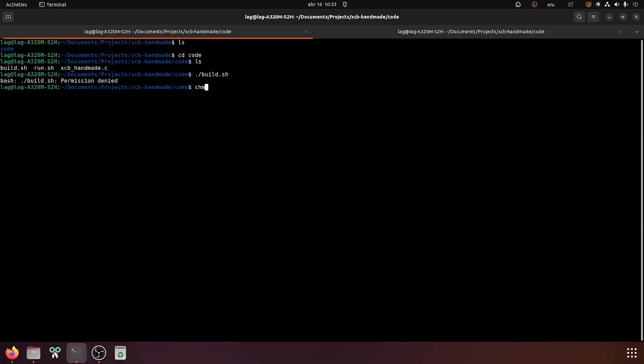To give the permission, we can do it like this, and then we specify the file we want to give the permission to. So chmod plus x, and the file we want to give the permission to execute. Like that, we can now build our file,